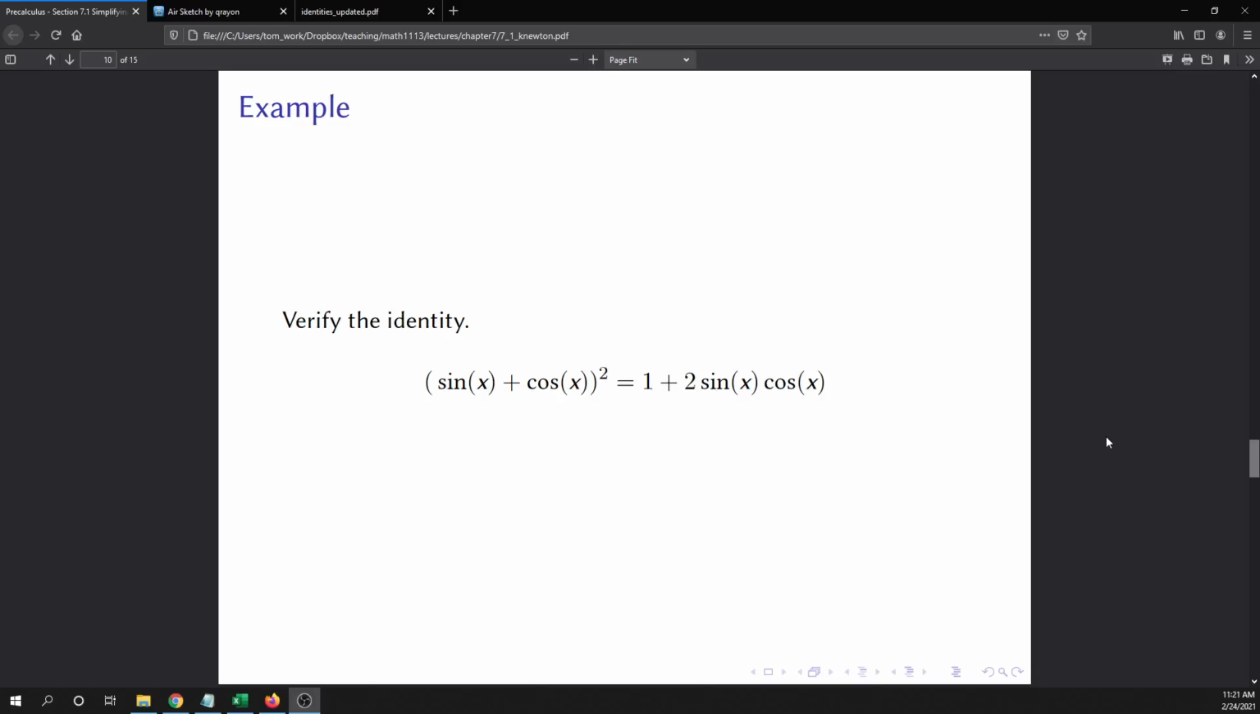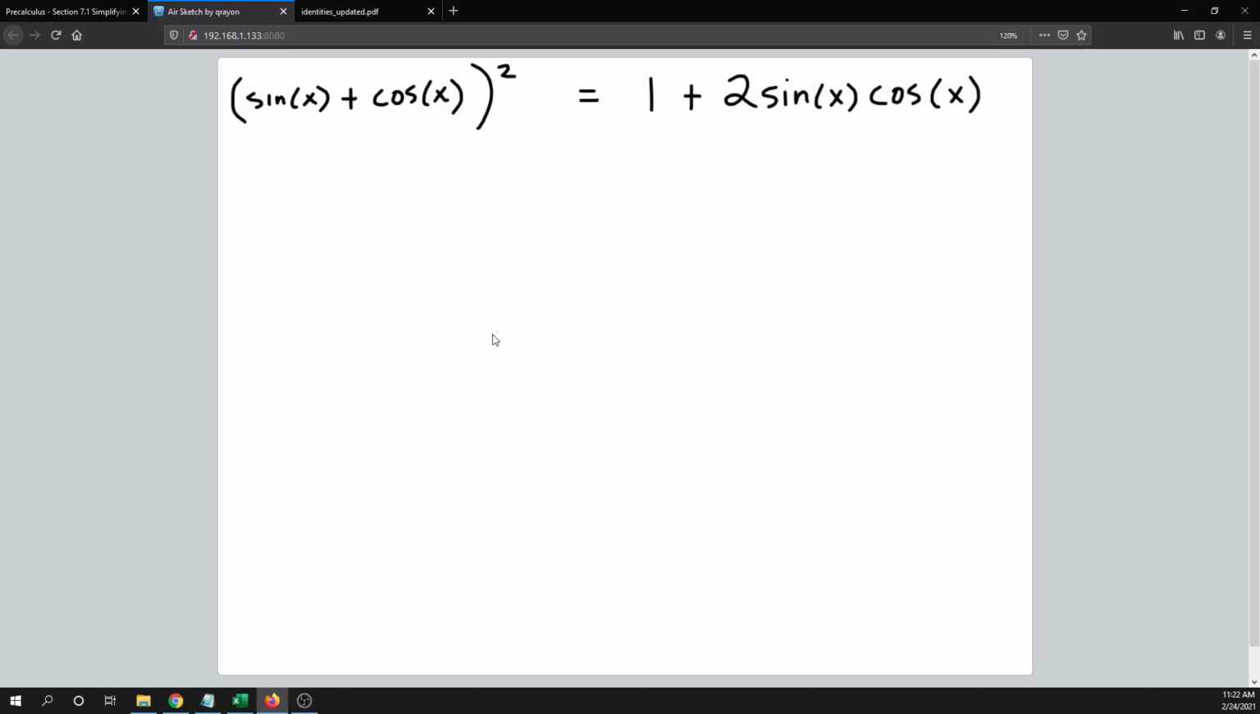All right, in this video, we are going to work through verifying the following identity. The identity is (sine x plus cosine x) quantity squared equals 1 plus 2 sine x cosine x. Okay. All right, so generally speaking, what I like to do is start on the more complicated side of the identity usually, right? And the more complicated side is going to be this side over here, sine x plus cosine